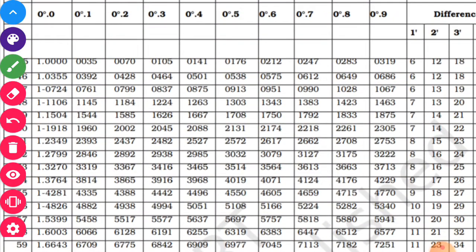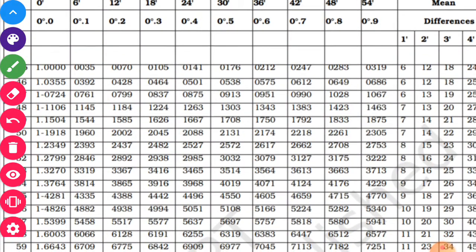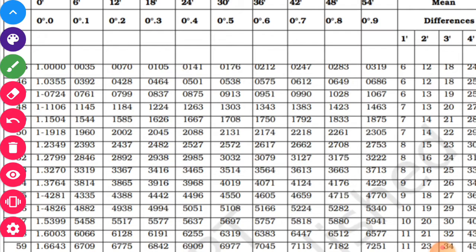So at 45 degree, the value of tan 45, as you know, is 1. Okay. Now we go for 1.33. So locate that value. This is 1.32, then this is 1.33. See, 1 is repeated, that is attached to each and every value. This 1 which is there in the beginning is attached to each and every value given in the table. So 1.33, if you want to locate, then this is 1.3319.